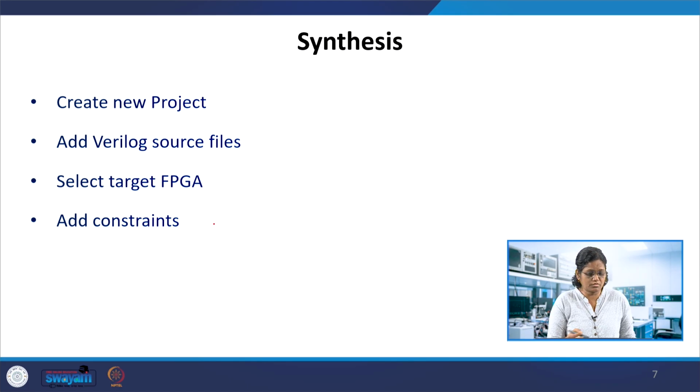whereas when you want to dump the code in the FPGA and run your algorithm or a digital circuit in the FPGA, then the inputs and outputs are not from the test benches, they are real-time inputs. So the FPGA boards will have switches giving the input, or through the A to D converter you can communicate to the FPGA to give the input signal.